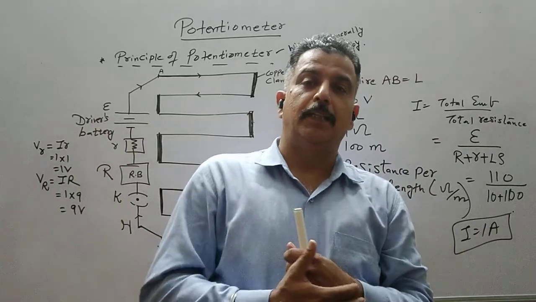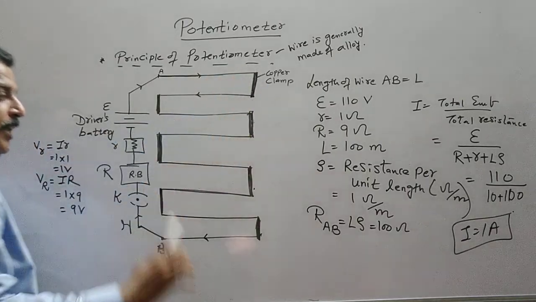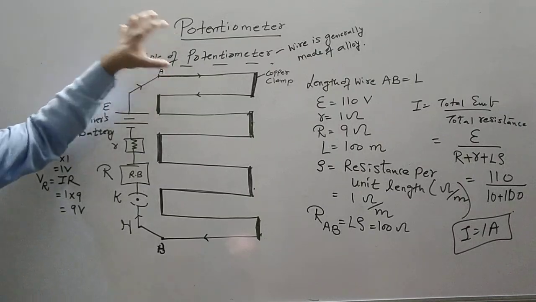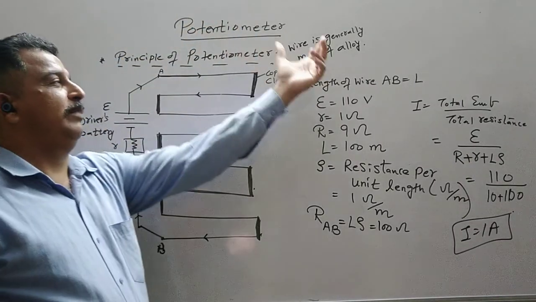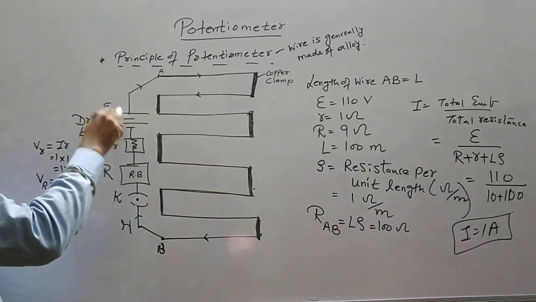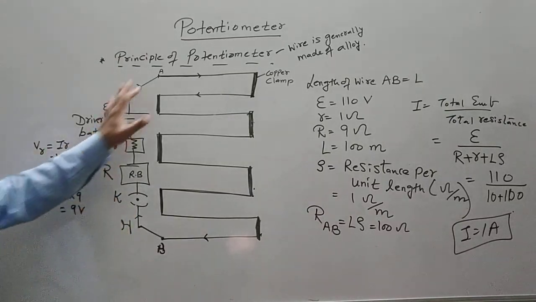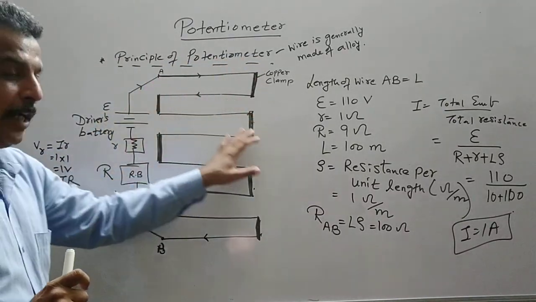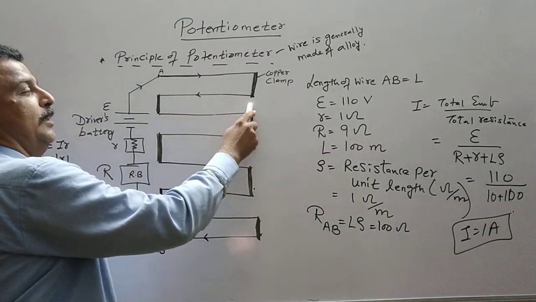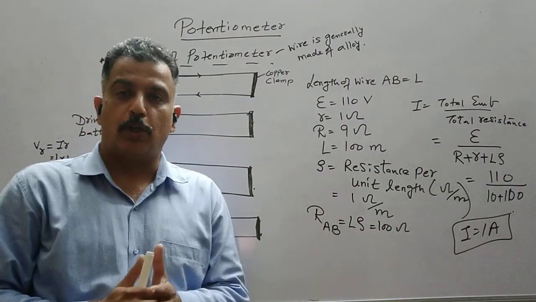Now let us see the principle of the potentiometer. So this is an arrangement. First you see the arrangement. The arrangement is simple. A potentiometer generally consists of a wire of several meters made up of alloy, connected to components which are a battery, a resistance box and a key. And this wire is clamped to the meter scale, or we have a meter scale below this wire, and the entire wire is mounted on a wooden block.